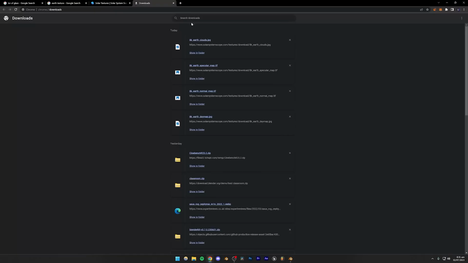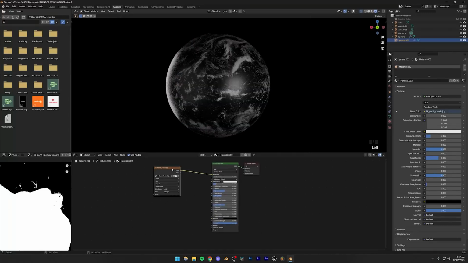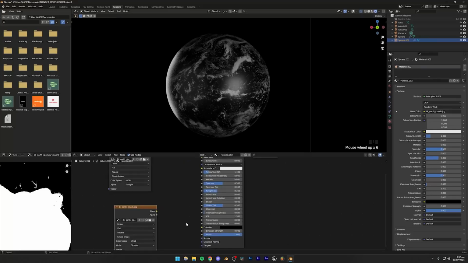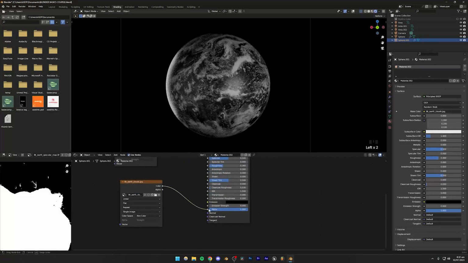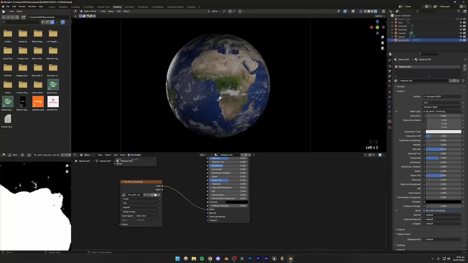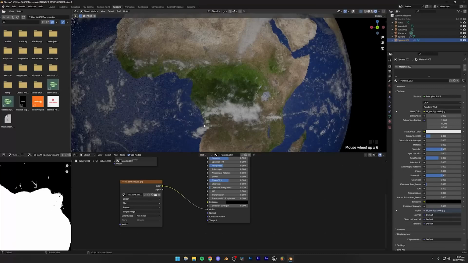So now I'm just going to bring in the clouds like that. Now this might be a little confusing for you guys, but don't worry if it is. You will get used to this really fast. I know when I was learning Blender in the beginning, I was super confused by all this stuff. So let's just plug this into the alpha. Now you're going to see that it's essentially going to be exactly the way we expect it to be. The clouds are on top of the